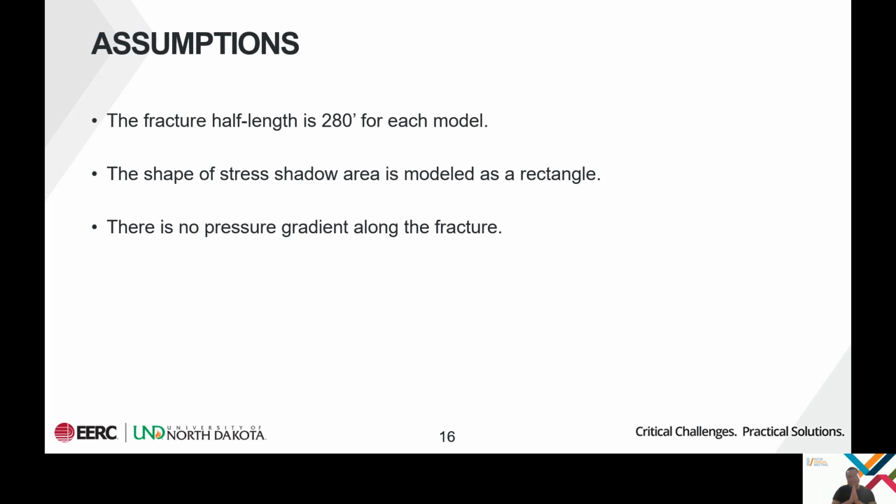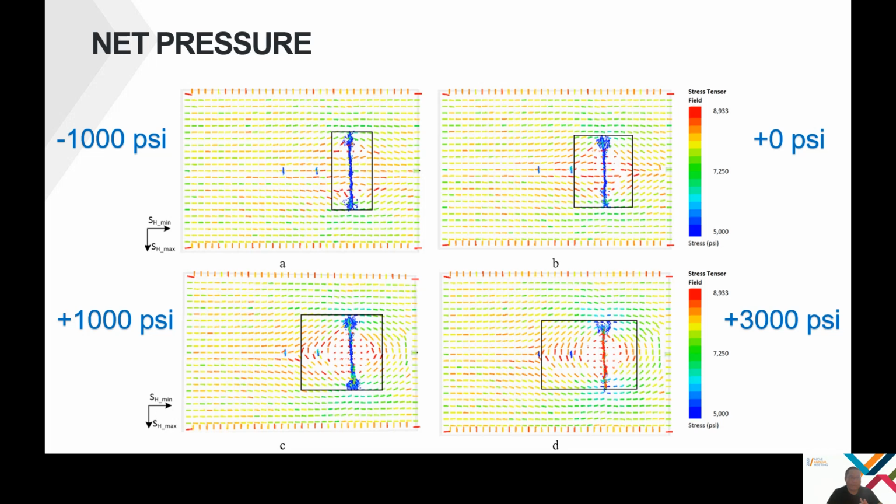And then for the shape of the stress shadow area, we simplified. We modeled it as a rectangle. And also there is no pressure gradient along the fracture. This is for the net pressure effect. So how about the net pressure effect? If we can see here,